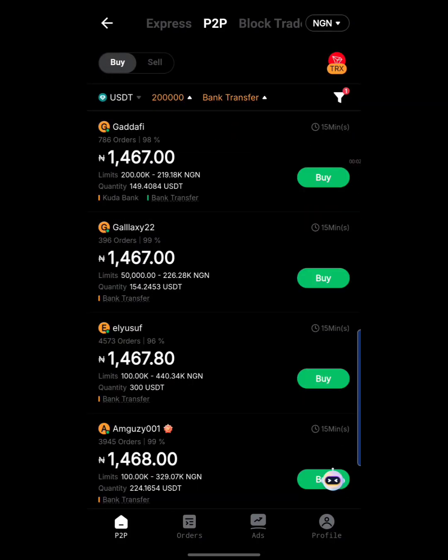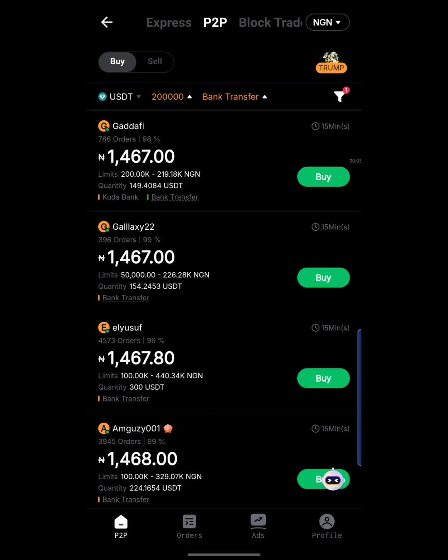Okay, so guys, mind you, there are a bunch of Bybit users who are actually buying in bulk. So don't be scared. 200,000 naira is actually a small amount of money for some persons to purchase. People purchase millions of USDT right here on Bybit on a daily basis. So nothing to worry about. You just set your order to be 200,000 naira and